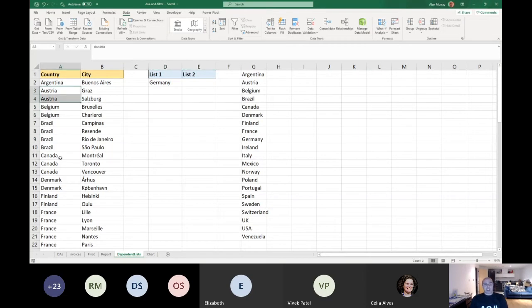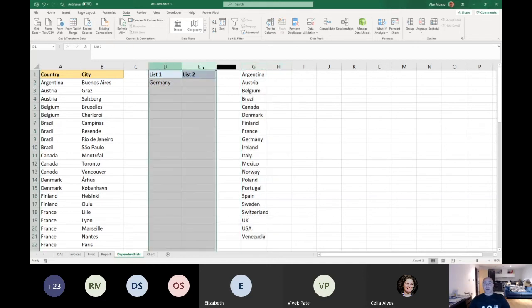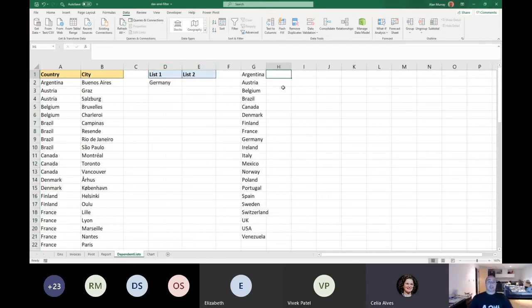So what I have, as you guys can see, is a list of countries and some cities. I've already taken the time to do a sort and unique because we've seen that a few times. Let's not waste time doing it. And a little drop down list that's looking at that spilled range. What I want though is list 2 to only show the ones from Germany or whatever gets selected there. So I'm creating these lists right next door. Typically they'd be on a separate sheet that gets hidden and all that jazz, I'm sure you appreciate, but I just wanted to say,